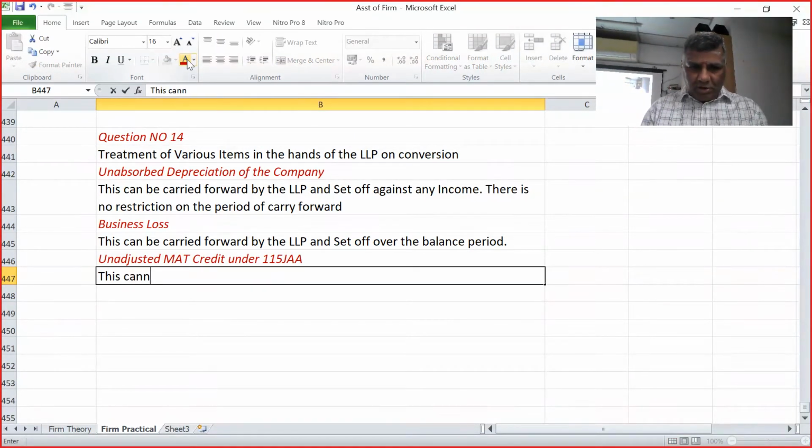This cannot be carried forward by LLP. In other words, this is lost when the conversion